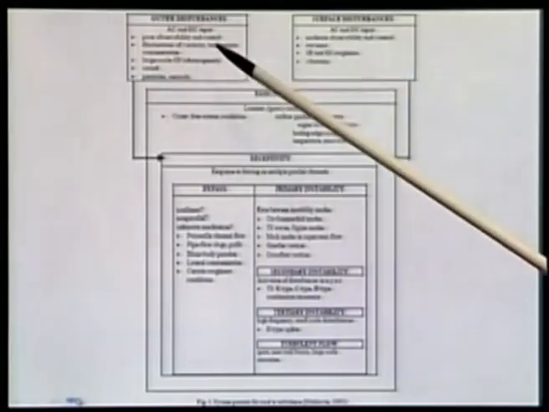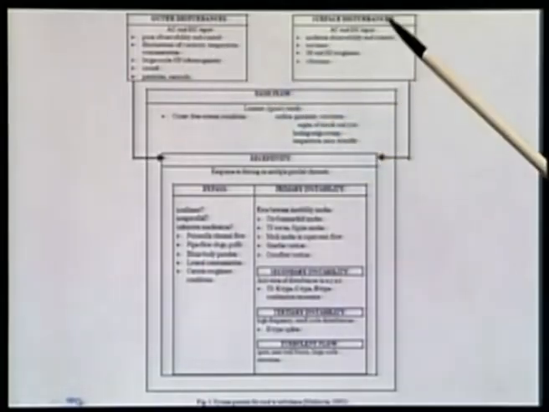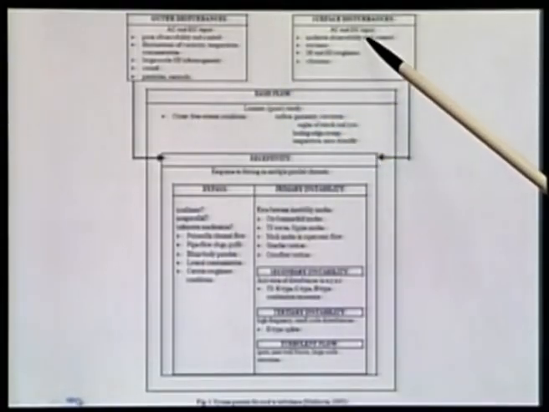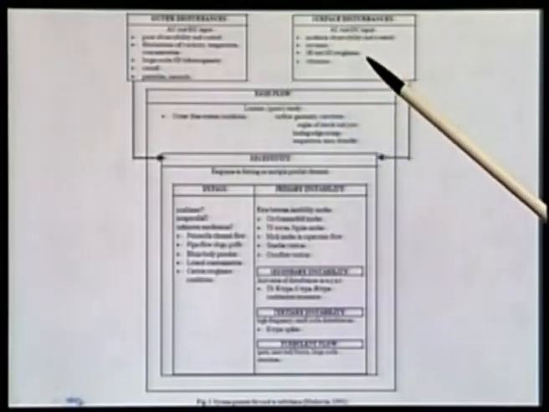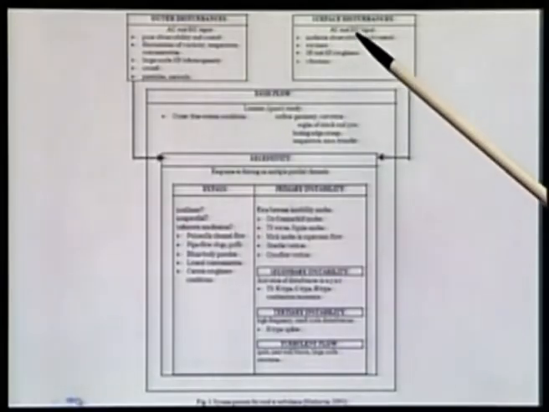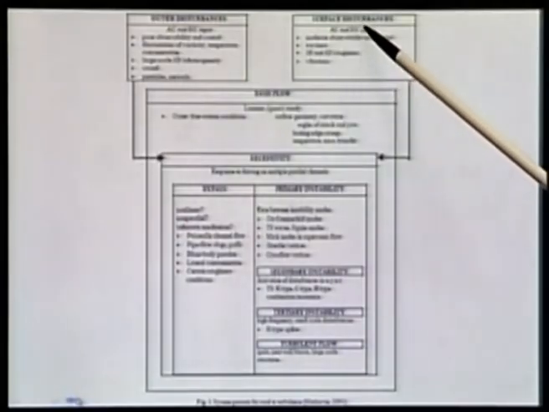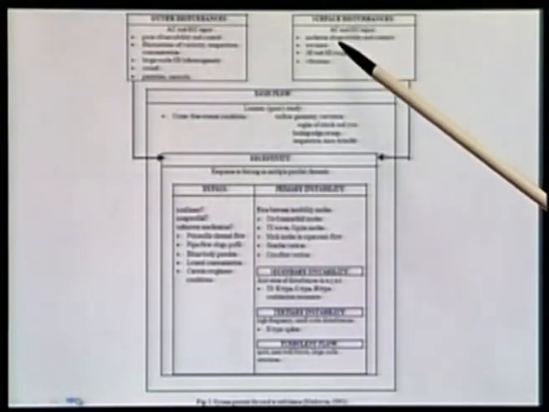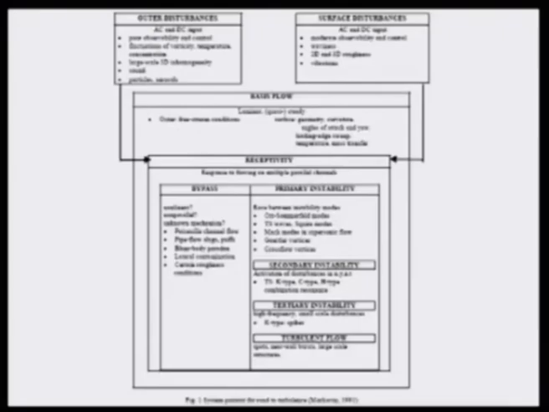These two blocks are disturbances. Disturbances can be of two kinds. One kind of disturbance could be near the surface. I will send the slides to you, so you could take a look at it much more clearly. So, these surface disturbances, that means the disturbances within the shear layer, could be time dependent or time independent. In this paper it has been called AC and DC, meaning unsteady and steady disturbances.